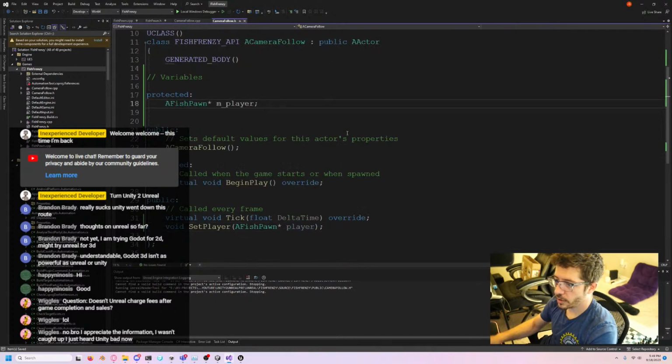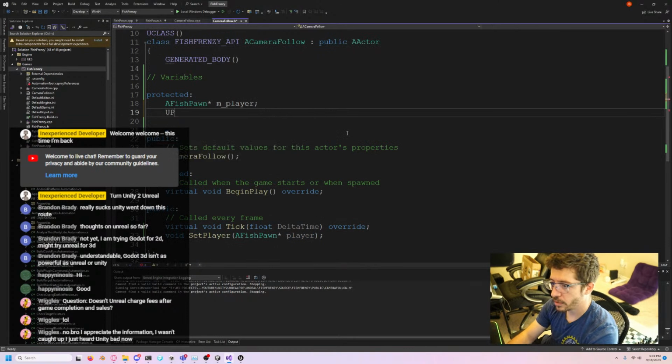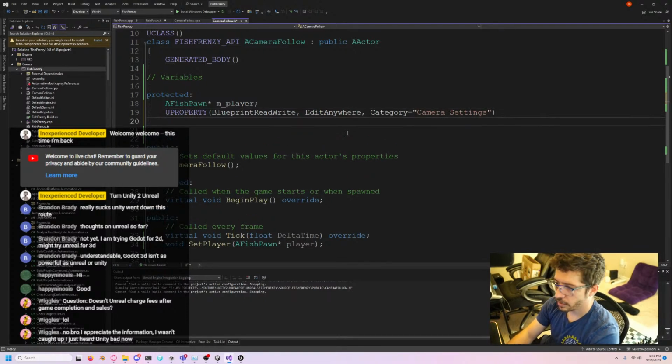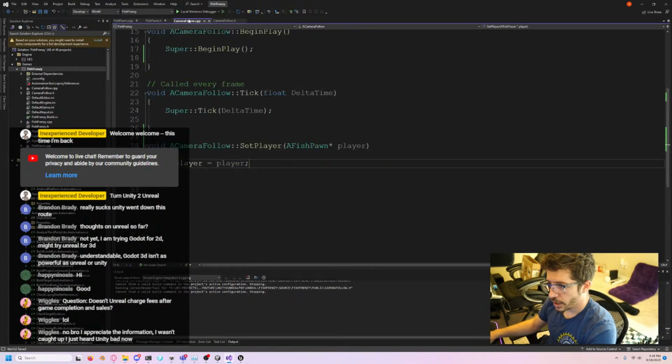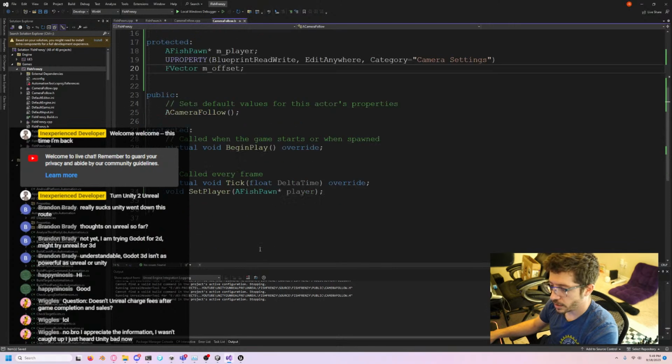We want our offset. So we're going to do a U property blueprint read write edit anywhere. We'll call this category camera settings. Okay. We're going to say f vector offset. Okay. And we'll just create one called void